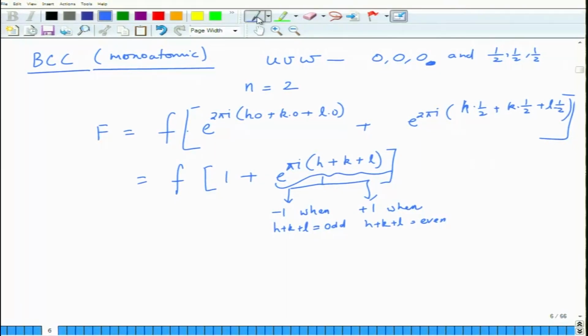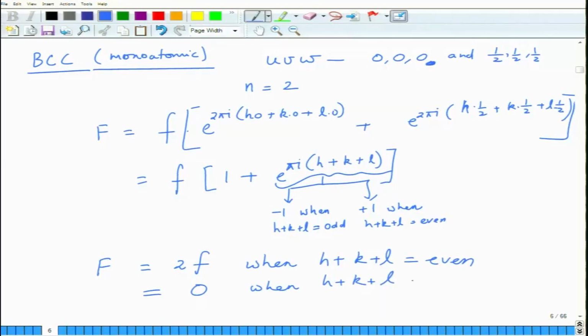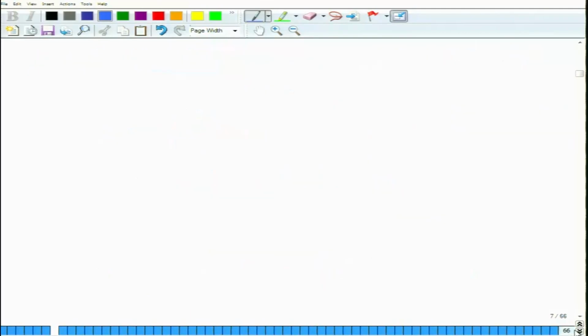So as a result, now what you get is the condition for this: capital F is equal to 2f when h plus k plus L is even, and is equal to 0 when h plus k plus L is odd. What does it mean? So now if I write a series of HKL and diffraction, yes or no,